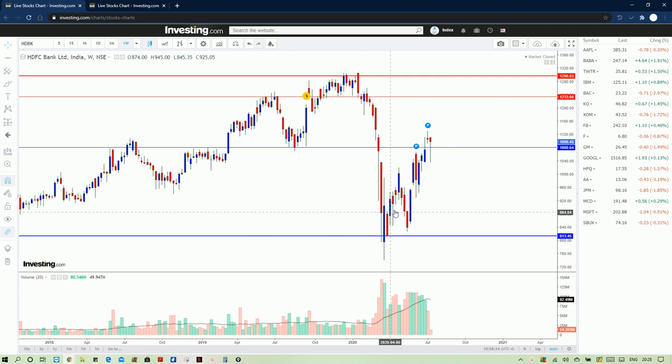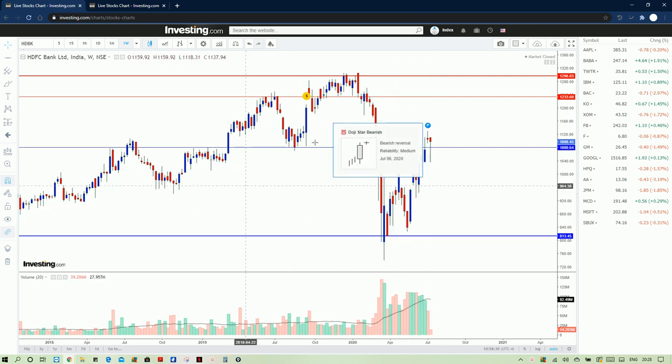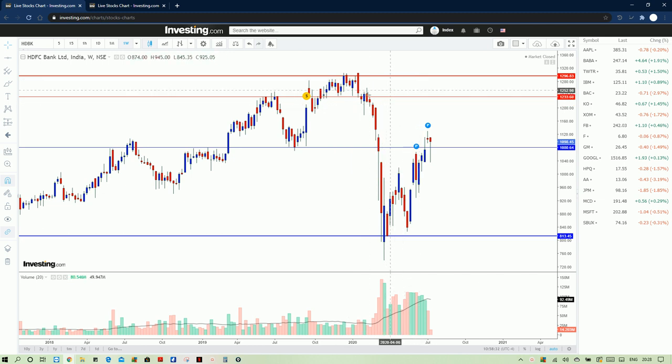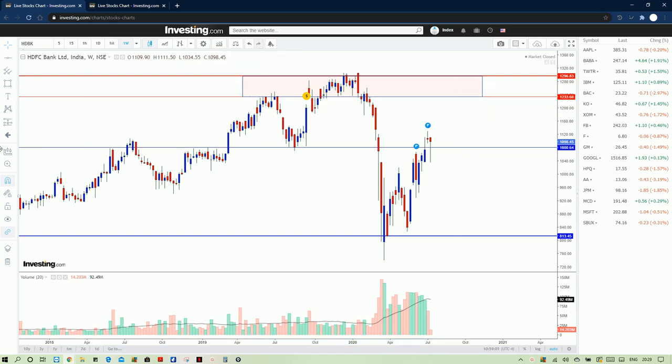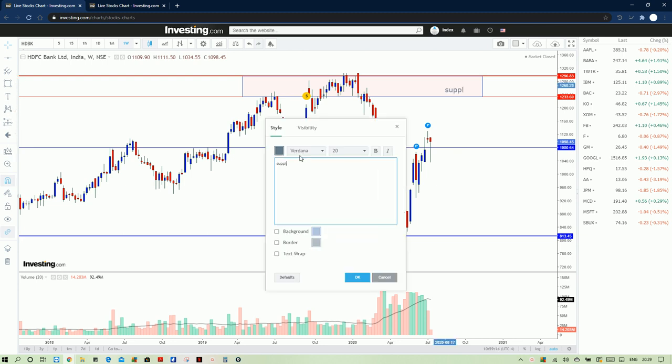The stock gets bought somewhere here and then it gave a breakout. Distribution is nothing but a zone where the stock gets distributed over a particular area. So we will draw a zone. Okay, so this gives a clear picture. Now this zone is called the supply zone. So what we will do is we will write.